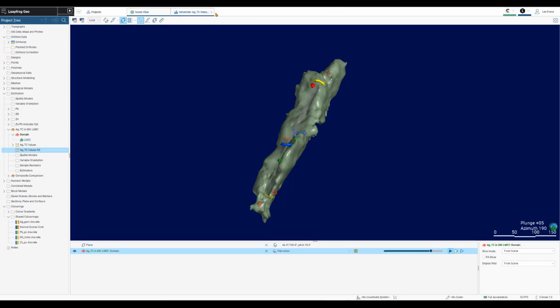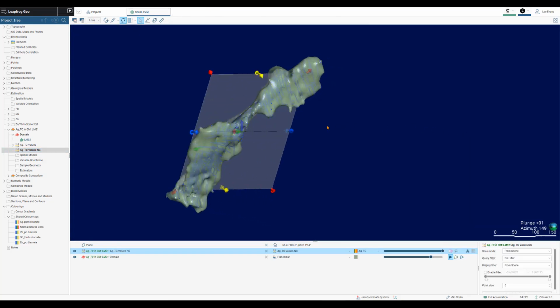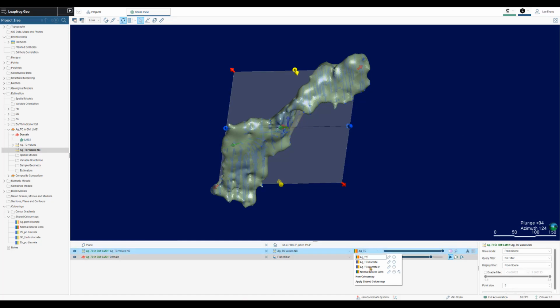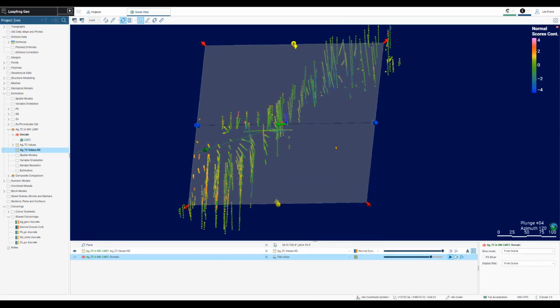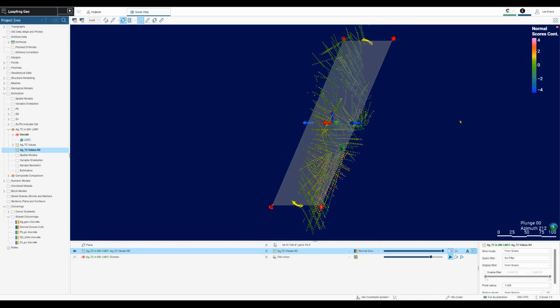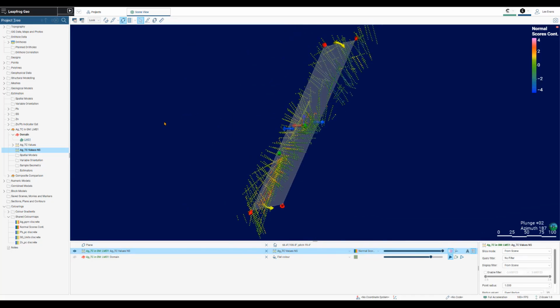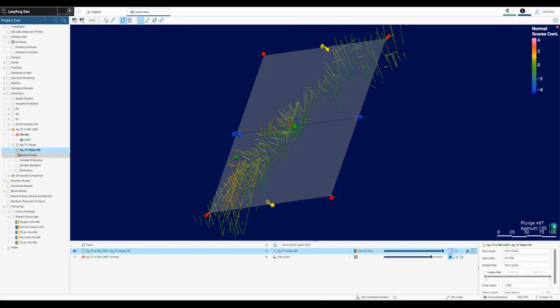I find that the best way to view this is if you drag in the normal scores, you can set up a normal scores continuous scale, and if I look at the legend here, you'll see that I have set a scale that runs from -4 to +4, and you can then view the normal scores in your scene view as well. Now that we have our normal scores set up, I can now do my transform variogram. So I'm going to click on new transform variogram,